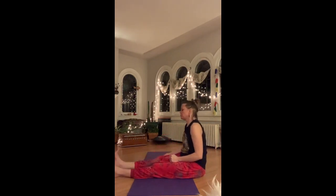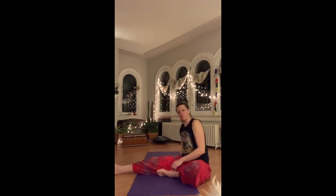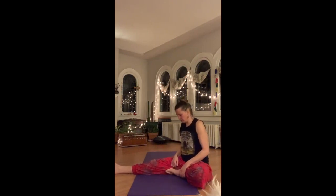Bring the right foot forward. Left foot into the top of that right thigh, 90 degrees between the thighs. Reach forward with the right arm like you're angling forward with your spine, rotating from the hips. Press away from that right inner ankle with your right hand and wrap the left arm around your back. Grab the thigh or the outer hip. Look over that left shoulder and press away from the leg with your hand for leverage. Now inhale